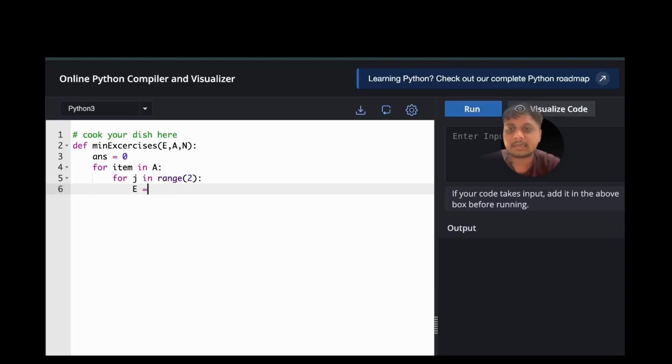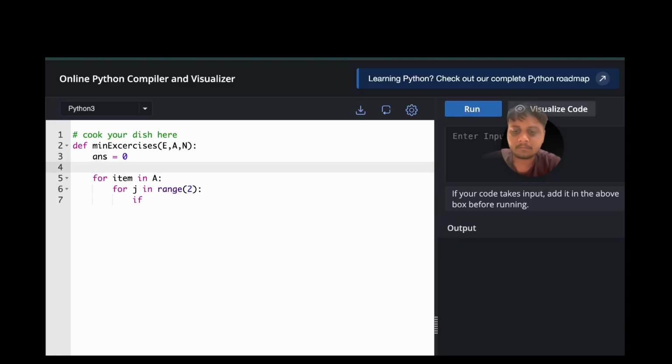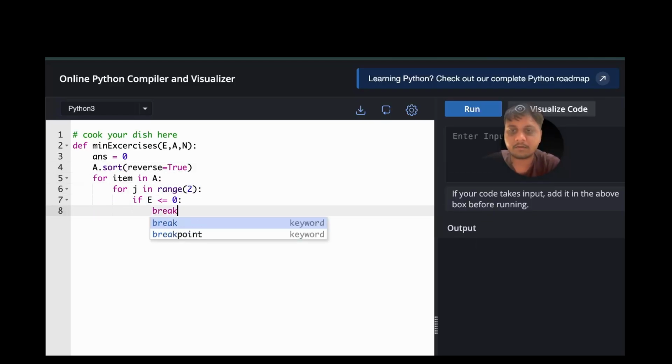No, first let's check if sort, तो किया ही नहीं. So let's sort it. A dot sort reverse is equals to true, and if e is less than equal to 0, break out of it, and here